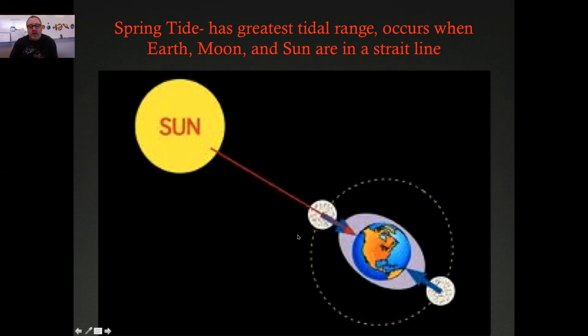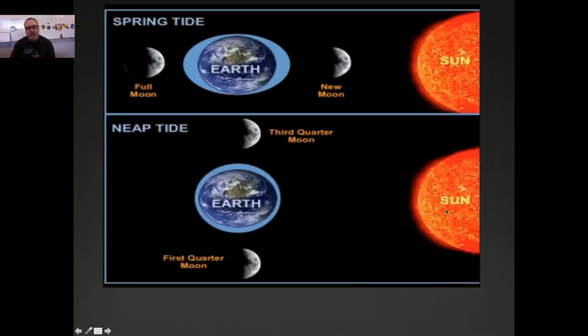Okay, what it also does is it creates a very high tide in those areas where the gravitational force is the greatest. Okay, so gravitational force is the greatest in line and the lowest at the 90-degree angles. Okay, so low tide, high tide. If we think about now